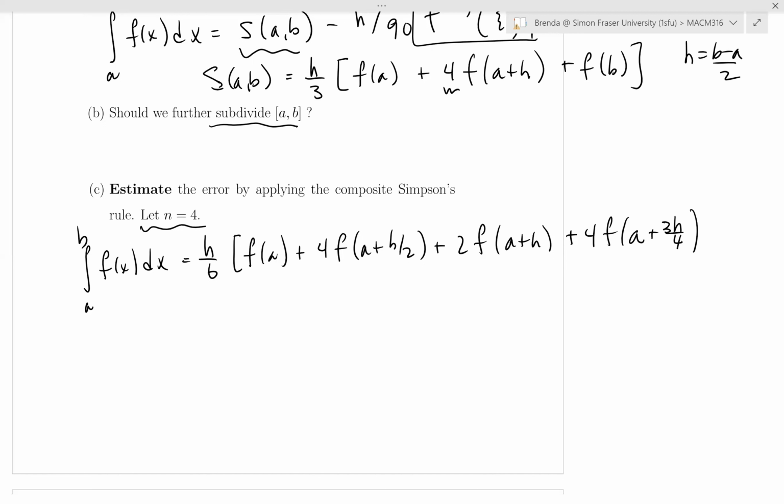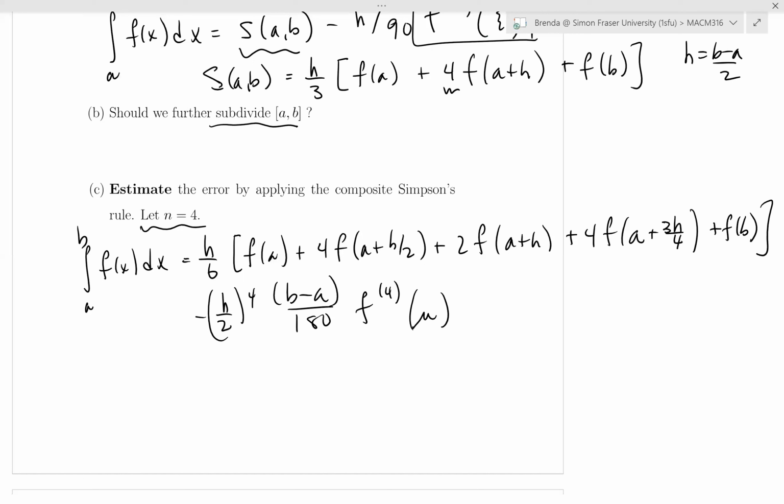That's 2H over 4, 3H over 4. Okay, and then the last one. Okay, there. And we have the error associated with this one here: H over 2 to the 4, B minus A over 180, F to the 4 at mu, and mu is